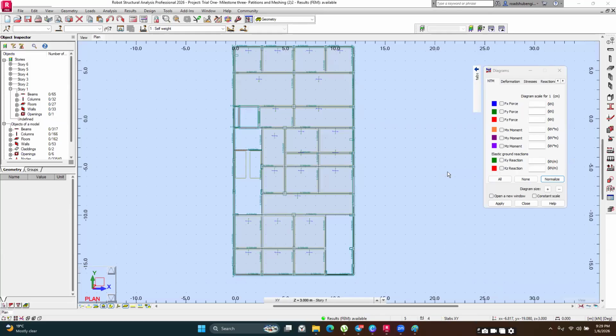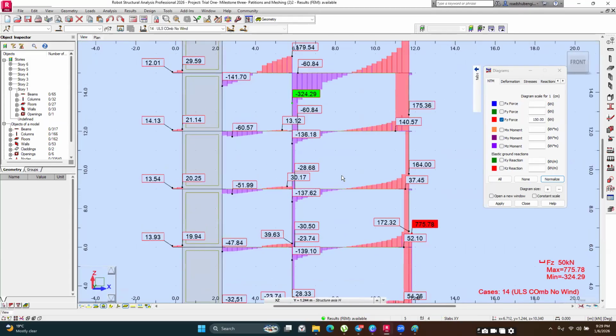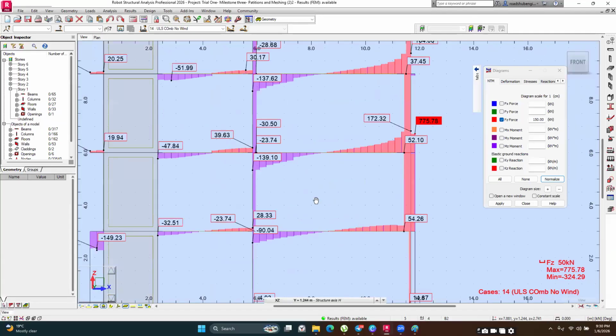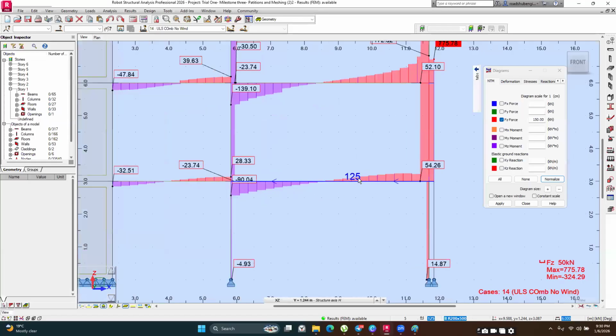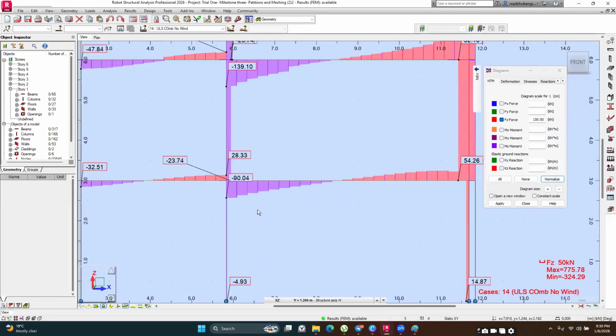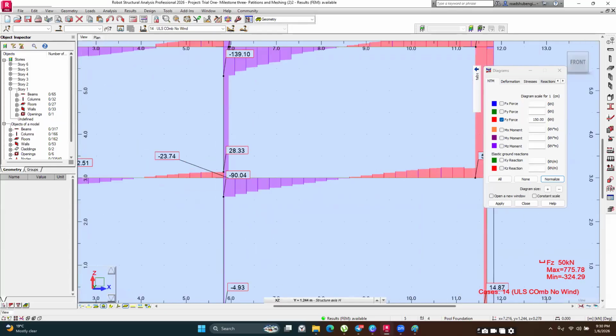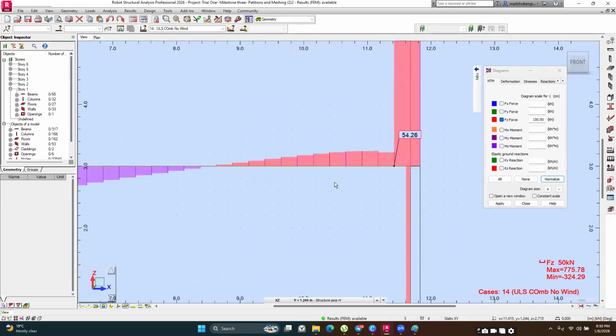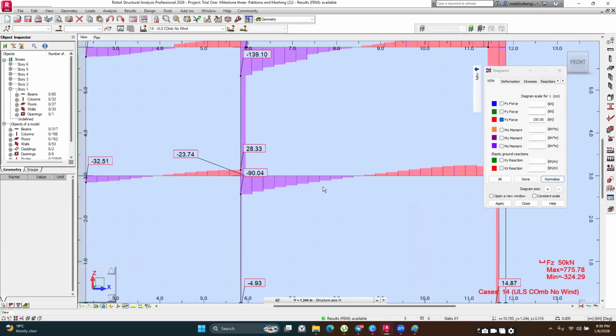So we have that. Okay, so we have this here. So I'm going to go to view, and you have this. So when it comes to the shear forces, this is what you would expect, that you'd have the majority of your shear force near the supports of the beams. Okay, so you expect your maximum shear force to be near the supports of your beams, and this is the